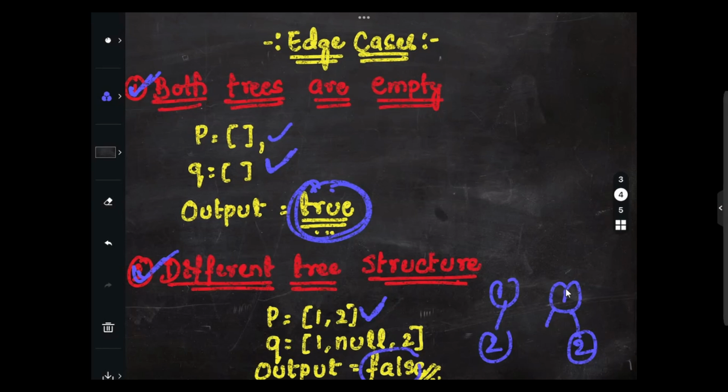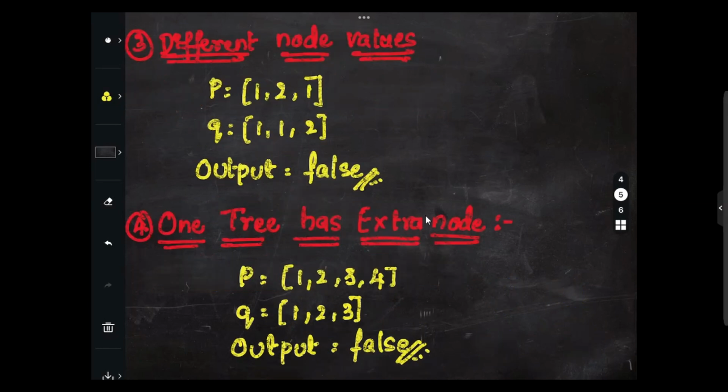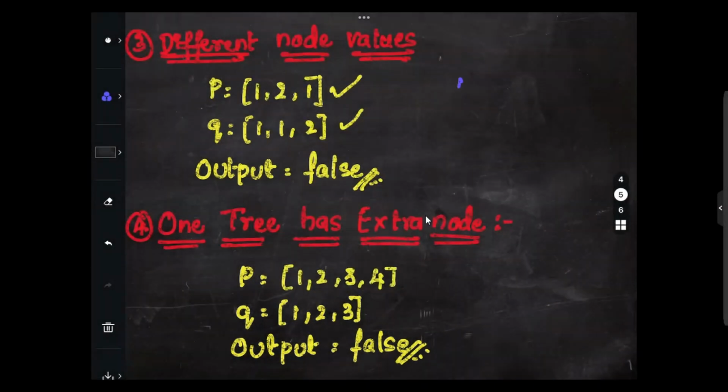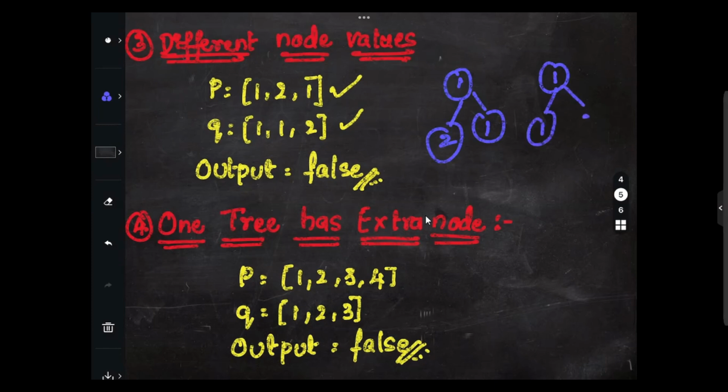Let's move on with the third edge case here. So different node values. So here for the P we have 1 2 1, and here for the Q we have 1 1 2, right? So here, just give me a second. So here we have 1 2 1 but for the Q we have 1 1 2. We have already seen this in example 3, I think, right? So here the structure is the same, but the node values differ